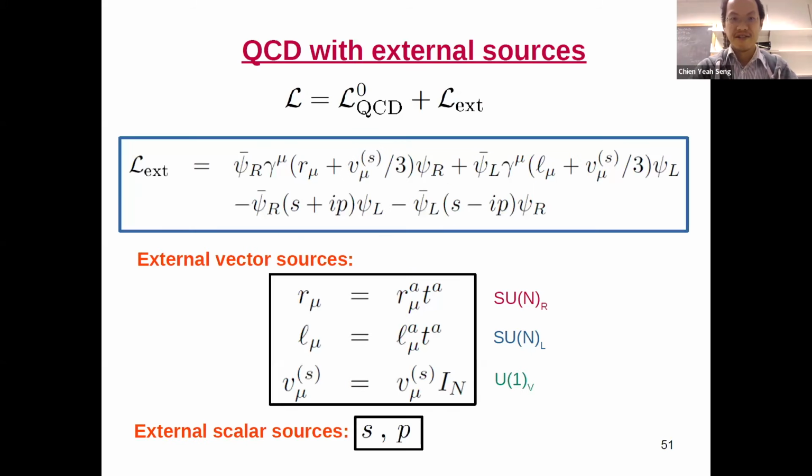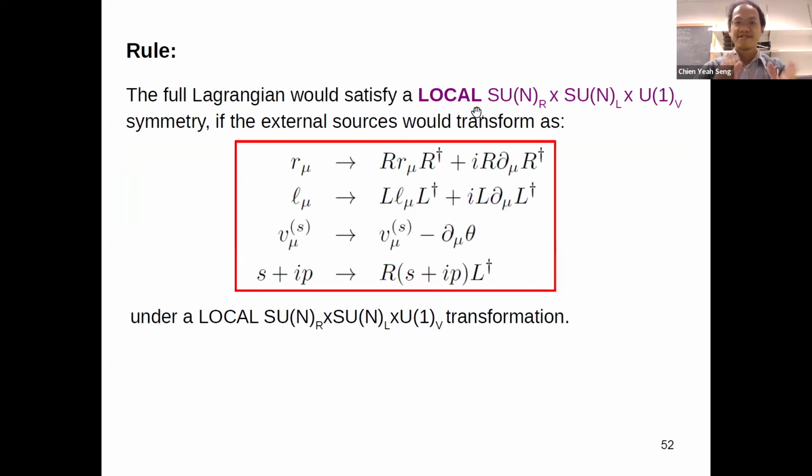The full Lagrangian, which includes the massless QCD and the external source term, would satisfy a local symmetry SU(N)_R times SU(N)_L times U(1)_V. The symmetries we mentioned before, the chiral symmetry and U(1), are all global symmetries, namely the rotational parameter is independent of space-time. But here, we want to generalize the symmetry to a local symmetry, which of course doesn't exist. But this is an easy way to introduce a spurion. The rule is that